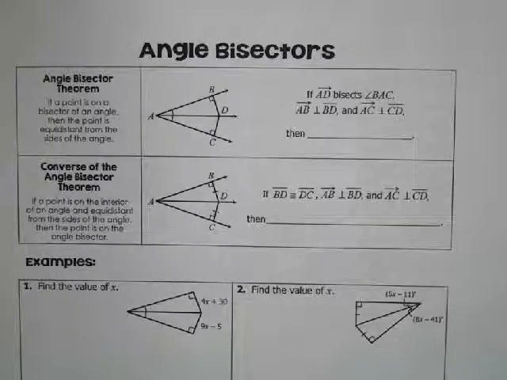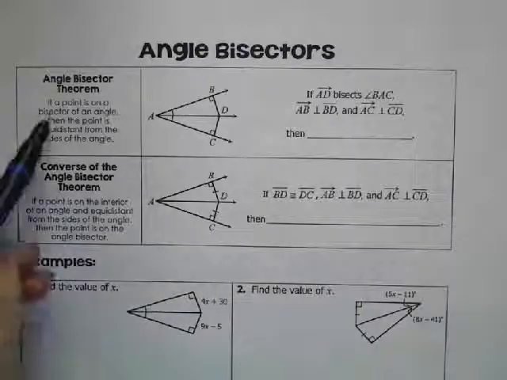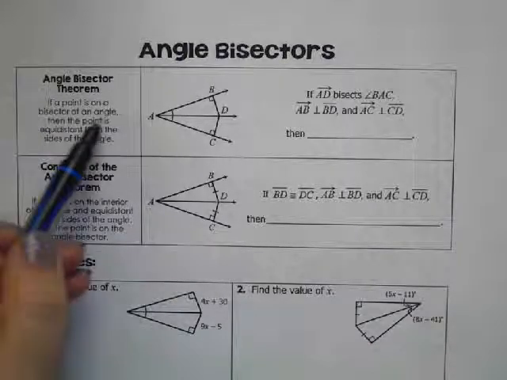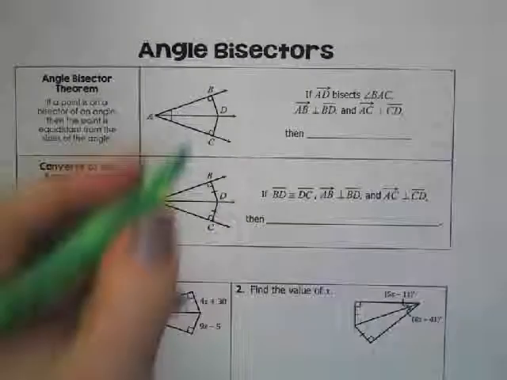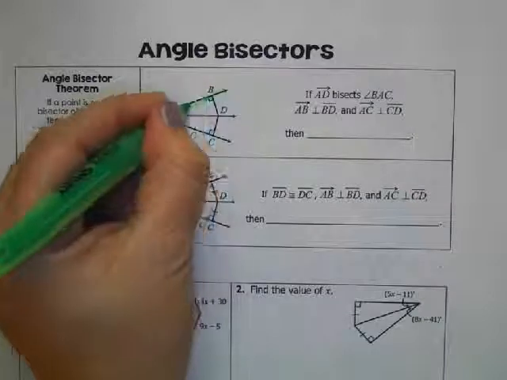In this video, we're going to talk about angle bisectors and the angle bisector theorem. So the angle bisector theorem says if a point is on a bisector of an angle, then the point is equidistant from the sides. So we have AD bisects